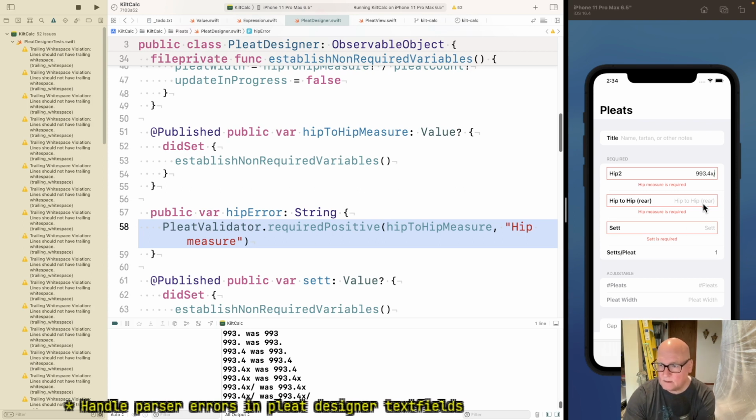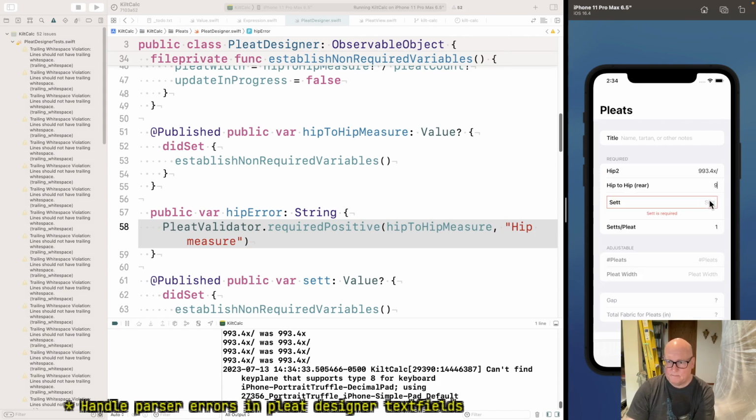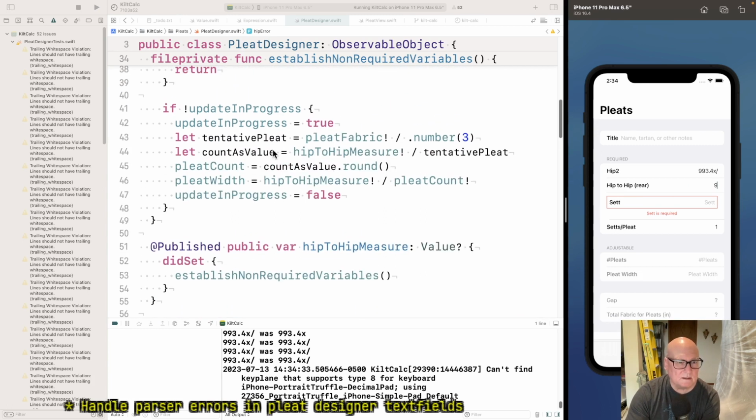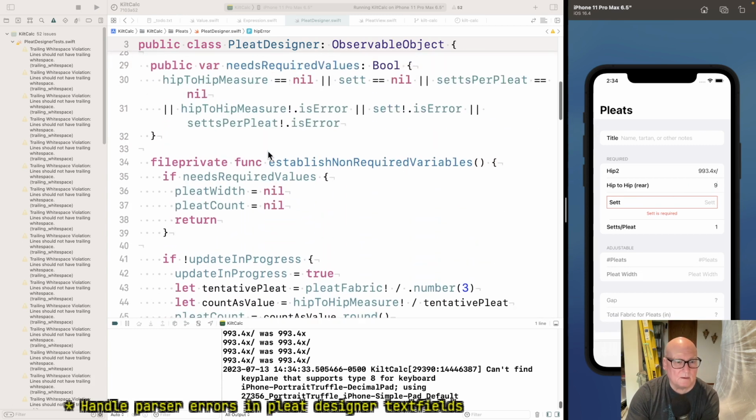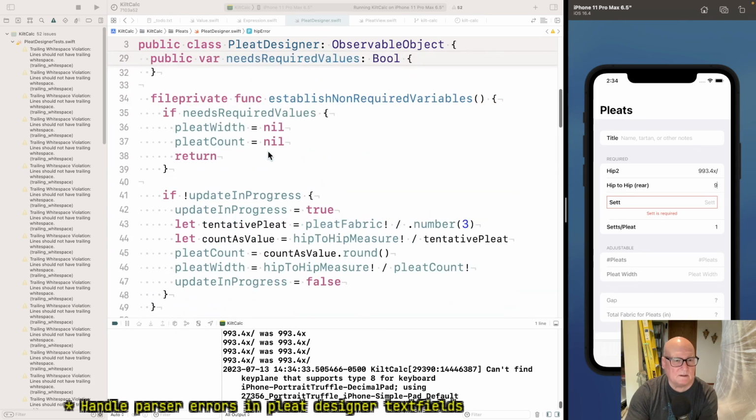So I don't remember even what happens if I do 0 here or -7. Well, I want to make it, I'm going to say hip error, because it might be nothing, right?